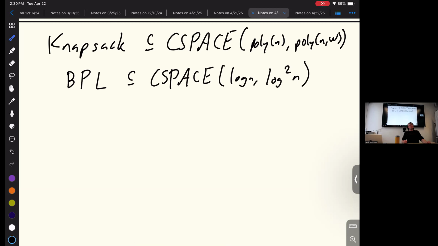Similarly, with de-randomizing BPL. BPL, it's known how to de-randomize in log squared space. In fact, you can get better than that. You can get all the way down to 3/2. The runtime is going to be dependent on how much you want to decrease things. But the point is that in the catalytic world, you can kind of shunt all of the non-logarithmic space off into the catalytic part. So using very little catalytic space,